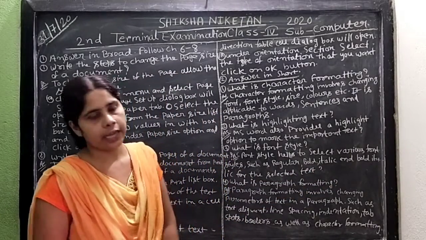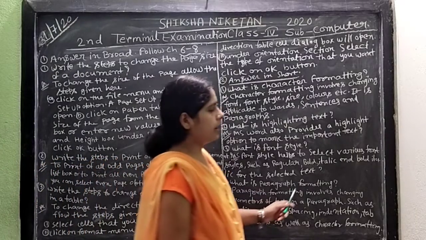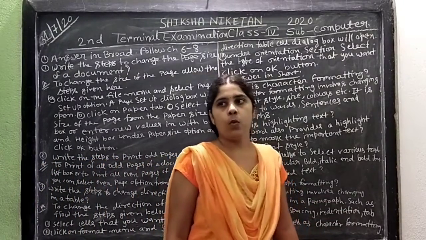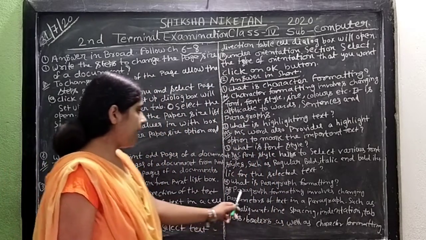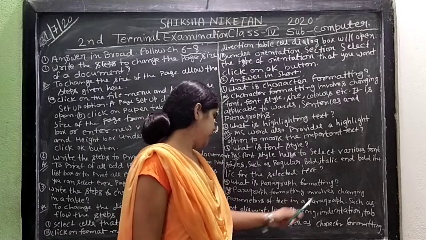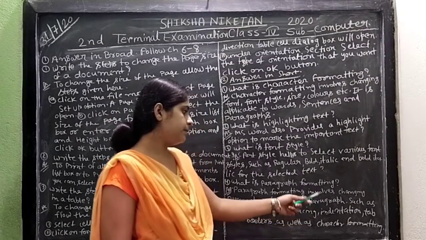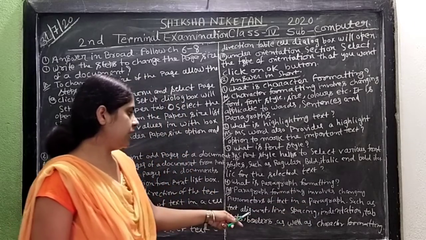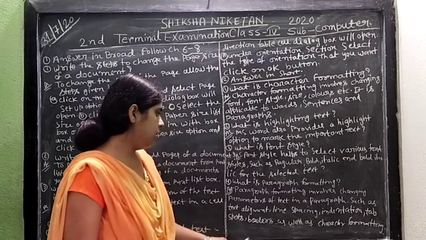Question number 4. What is paragraph formatting? Paragraph formatting involves changing parameters of text in a paragraph such as text alignment, line spacing, indentation, tab stops, borders as well as